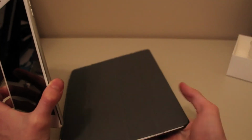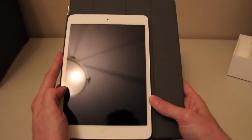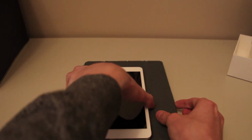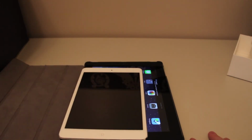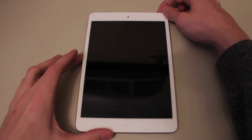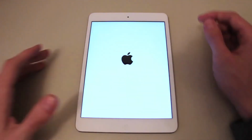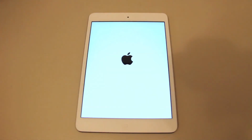So comparing my iPad to my previous iPad 3, you can see here it is wrapped in a case. It is that bit smaller. Now I'm stepping down because I wanted something lighter and I no longer need the larger size. When I purchased the iPad 3, the iPad mini didn't exist, so I'm a big fan of portability, so I'm wanting something that is smaller, and the iPad mini with Retina display is actually the same specs as the iPad Air. So booting it up for the first time, just go through the quick setup process,